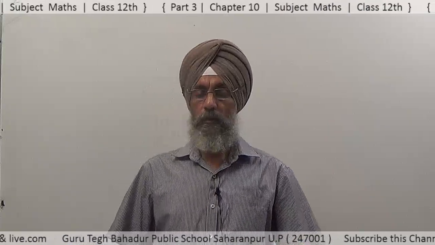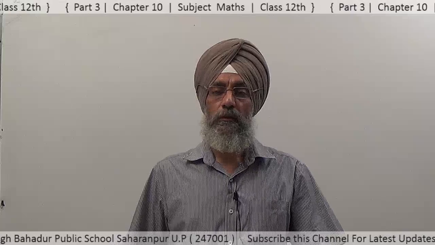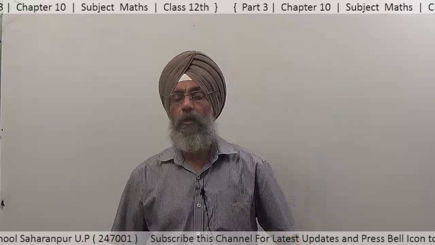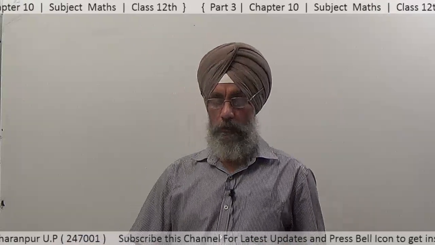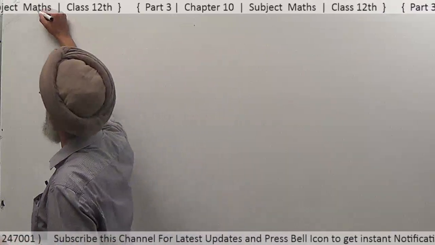In the previous lectures, we discussed vectors. We have discussed the properties of vectors, section formulas, and numbered points. Now we are discussing the product of two vectors, how two vectors can be multiplied. First of all, in the case of the product of two vectors,